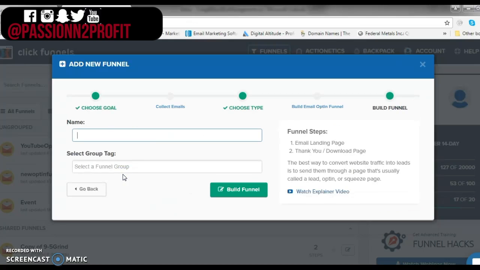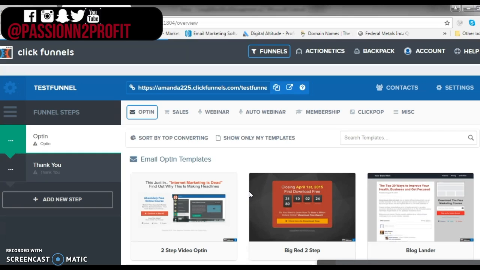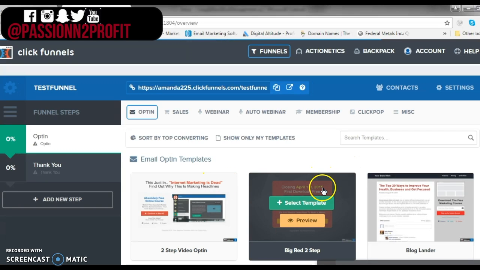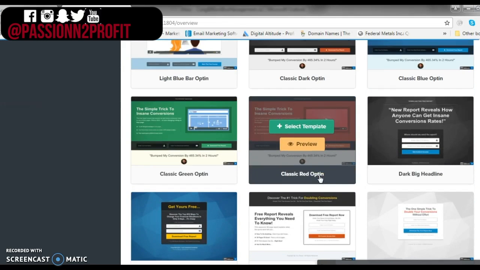We can name this anything we want, but what we're going to do is name it test funnel, just so that we can get started on this quick. And we click on the build funnel. This is going to create a basic funnel which consists of an email opt-in page and a thank you page or landing page. Now, as you can see here, there are a wide variety of pages that we're able to